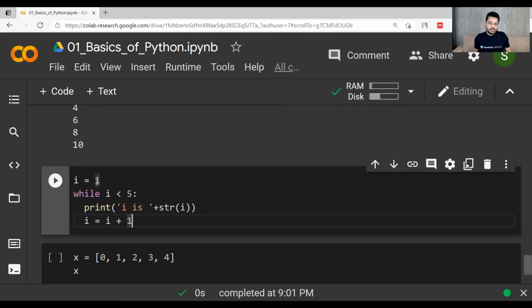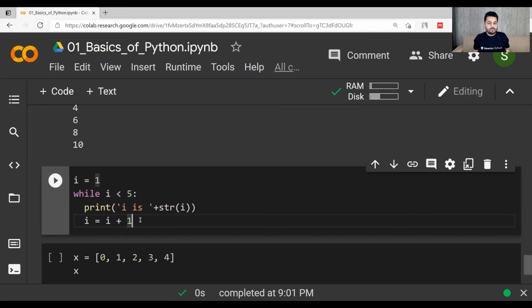So what is being done here? I is equal to 1, I is less than 5, which is true. So it means these two statements will run. I as str means you had that 1, and I is 1. Okay, so I equal to 2 now. After this, when while will be checked, that looping means it will go back to the condition. So 2 is less than 5, right? So I is 2 will be printed.